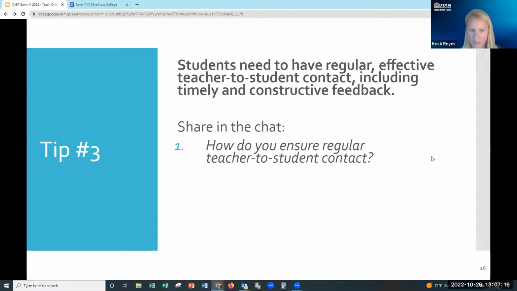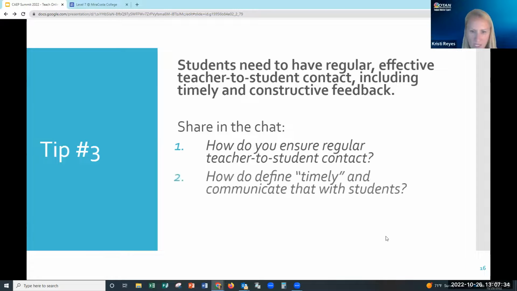I think you're probably pondering and typing. Email, remind, and Google Meet messaging. Yes, thank you, Nancy. Anybody else? Announcements, yes. Okay. All right. And second question is, well, how do you define timely? Calling on them, and yes. Direct verbal feedback during the Zoom sessions. Set myself a weekly time.